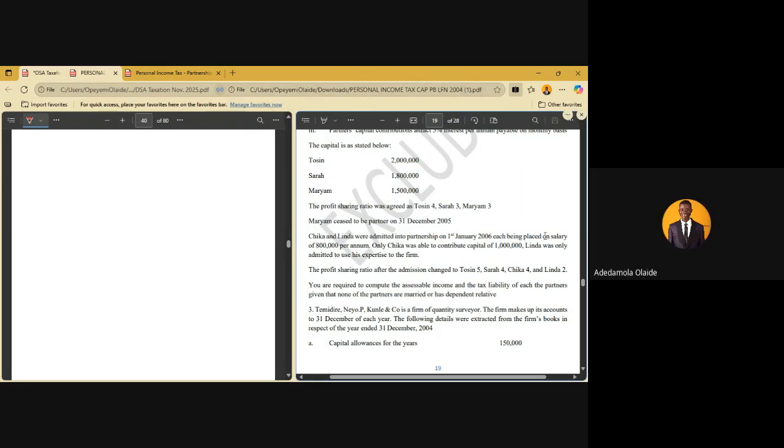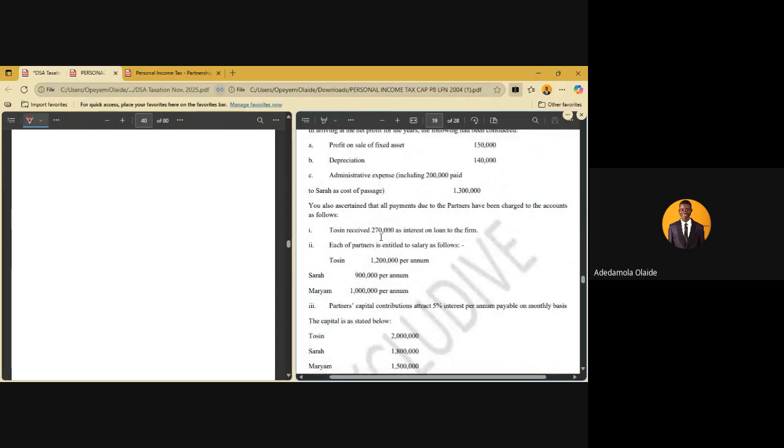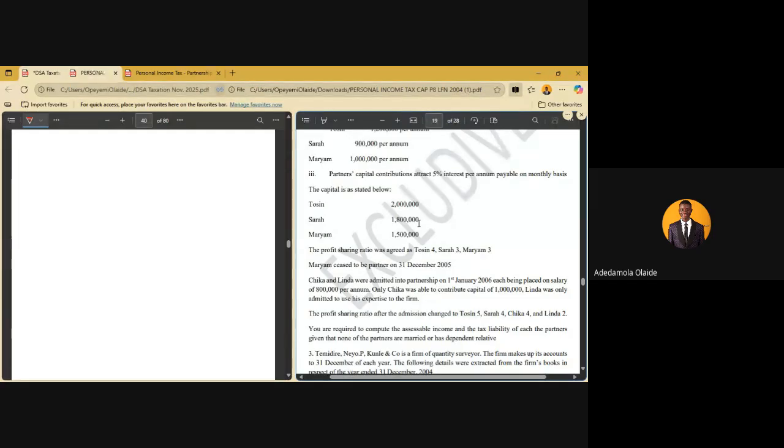So this is just another question that is looking at when there is a change in partnership structure during the year. You know, for a normal accounting, when there is a change in partnership structure, we will have to separate the profit made by the old partner and the profit made by the new partner. So the same thing here, we have to split what Tosin, Sarah and Mariam made from what Tosin and Sarah made. So we have to separate it. But how do we go about it? We first say